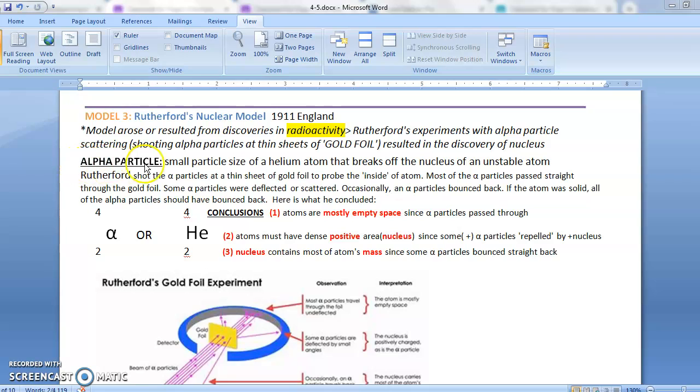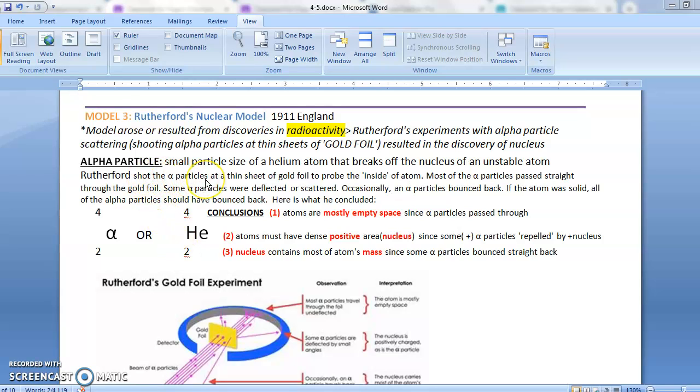One of the particles that were breaking off an atom was called the alpha particle. The alpha particle is a very small particle that can break off larger nuclei that are unstable. And really, the alpha particle is about the size of a helium atom. If you remember, helium has a mass number of 4 and atomic number of 2. In other words, there are 4 particles in a helium nucleus. 2 of them are protons, 2 of them are neutrons. So the alpha particle is really 4 particles that break off the nucleus at a time. 2 protons, 2 neutrons. The symbol for the alpha particle is often the Greek letter alpha, but sometimes He is just used since it's the size of a helium nucleus.